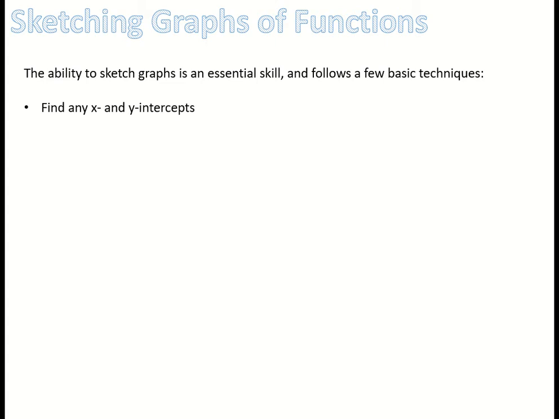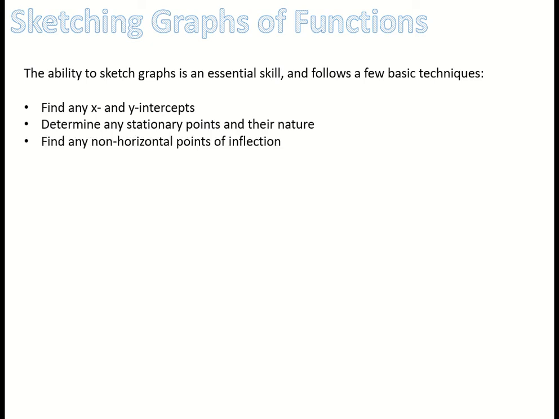So we're still going to find any x and y intercepts. Okay, we want to make them nice and clear on our graph. Determine any stationary points and the nature of those stationary points. Okay, we're still going to go through that whole process. But then obviously through Advanced Higher, we've learned a few other things based on the graphs that we've been doing. Okay, so we've never really had these in terms of the graphs that we've looked at in previous years,